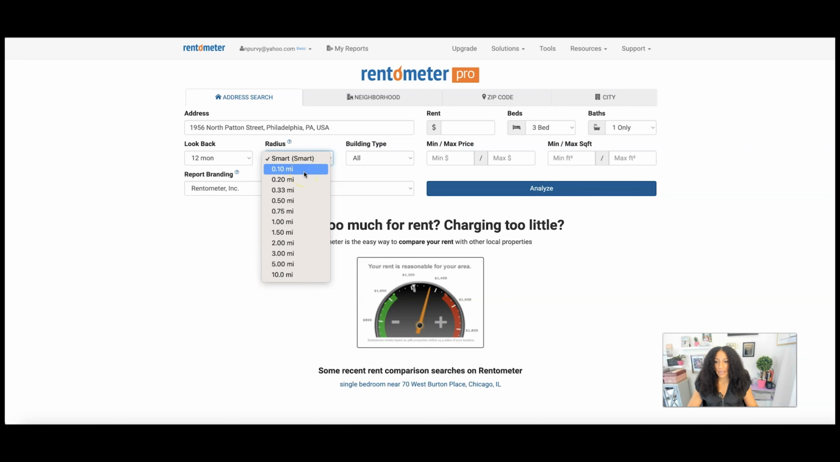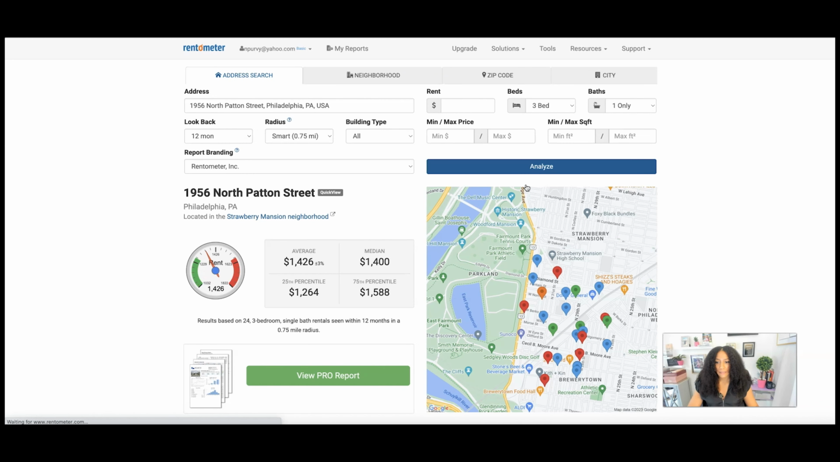But you can specify it here if you want to say 0.1 miles, which is about a block, all the way to about a mile, that's far, which is about 10 blocks away. And yes, let's go ahead and hit analyze. Okay, so for this property, the average rent is